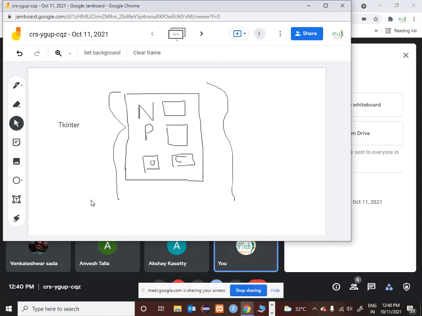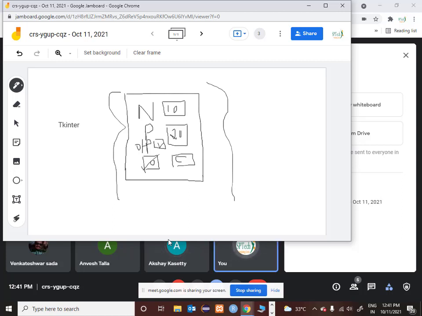So Balu, like you said, in the Jamboard you displayed an image, right? When we input, will the output come in the form of an image, or is it text format again? Text format. See, let's say that you are going to give 10 here, and you are going to give 20 here. I can have one more small text box which can display the output. So when I input 10, input 20 and click on the OK button, here it will display the value 30.